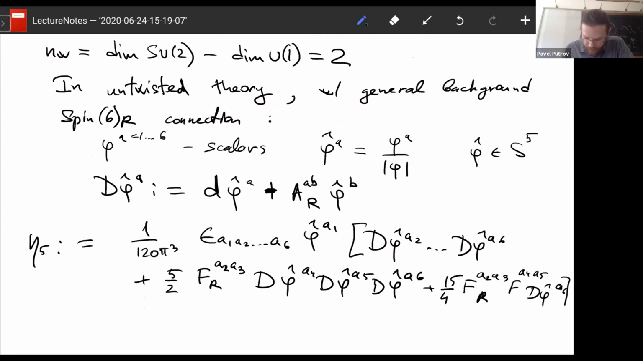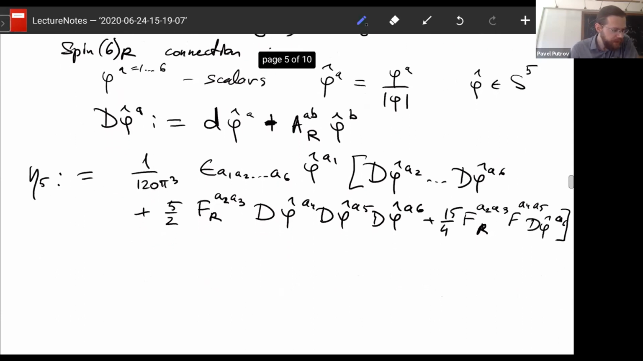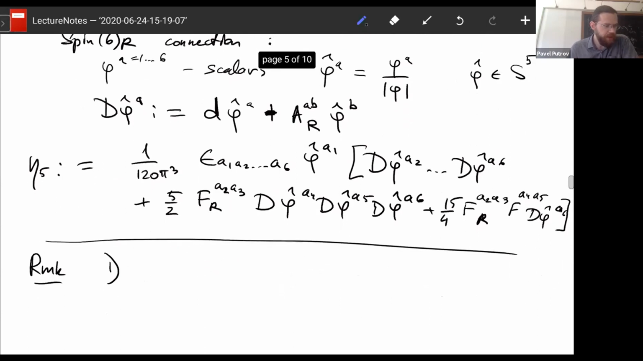In any case, it's a certain phi form constructed from the scalar fields and the SO6 R-symmetry connection. So let me make a few remarks. What is the physical meaning behind this term? First, this term can be understood as a term which you need to compensate the mismatch between the SU4 R-symmetry 't Hooft anomaly on